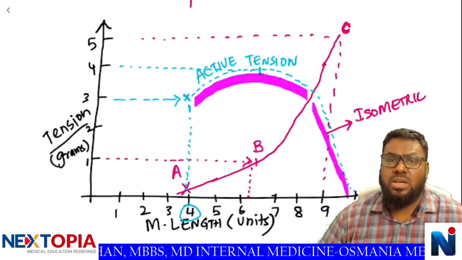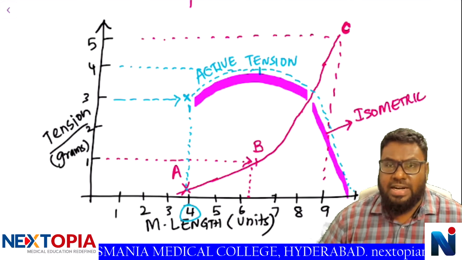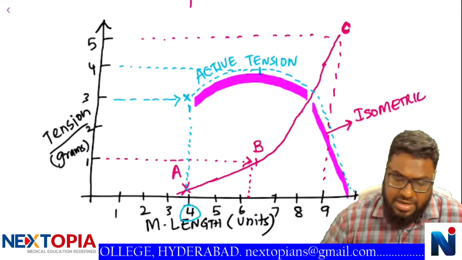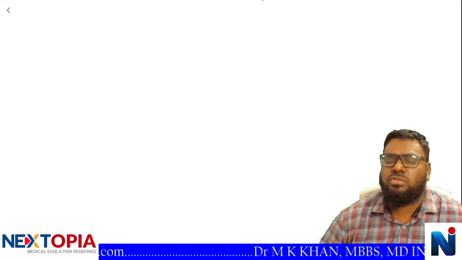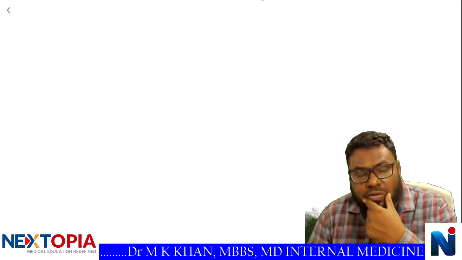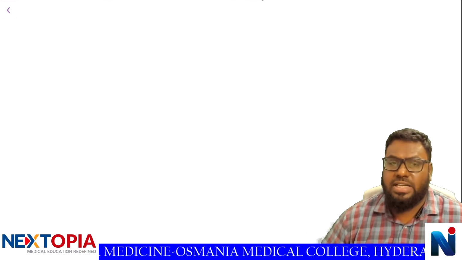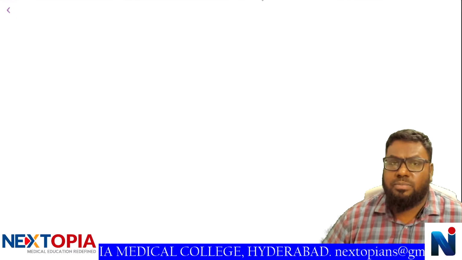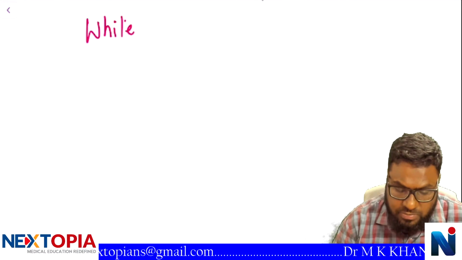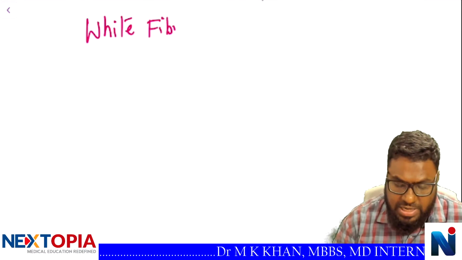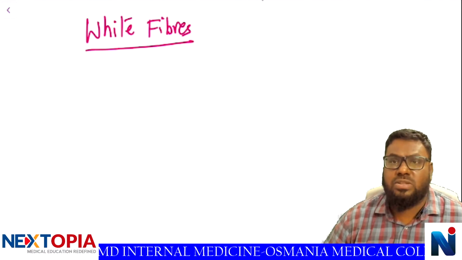So you will have to understand the application of this graph, right? There are different types of fibers, the white fibers and red fibers. To conclude today's topic, we have covered two chapters of muscle physiology, skeletal muscle mechanics, and we also understood excitation contraction coupling. So to conclude, please remember that there are properties we have to understand. What are the white muscle fibers and red muscle fibers? So white fibers, why do you call them white fibers? Generally, a large powerful muscle is called white muscle,